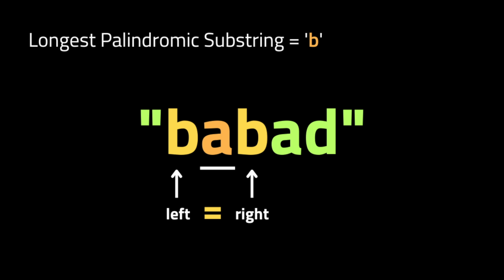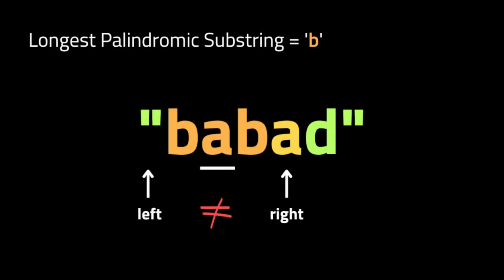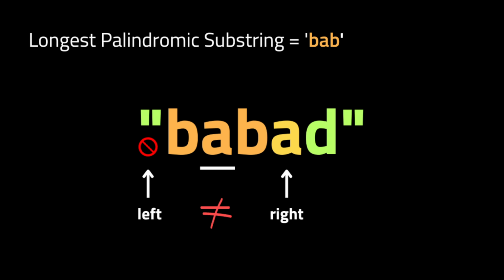Next we move to the next character, which is A, so the center will be A, and we'll expand around the current center. The left pointer will be at the letter B and the right pointer will also be at the letter B. Then we are going to check if it's a palindrome. Since B is equal to B, the substring is a valid palindrome, then we're going to expand around the center another time. So the left pointer will be to the left of the letter B and the right pointer will be at the letter A. Since the left pointer is out of the string, the longest palindromic substring with the center as A is